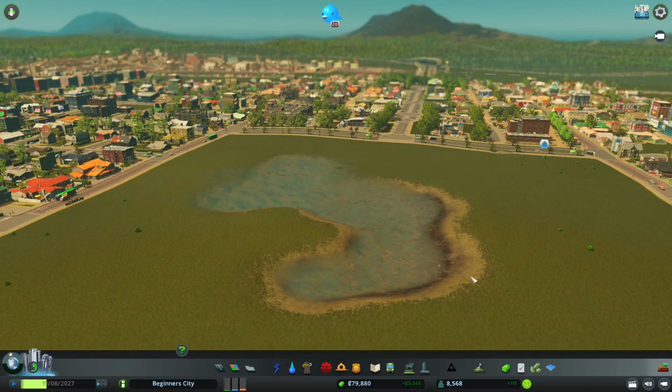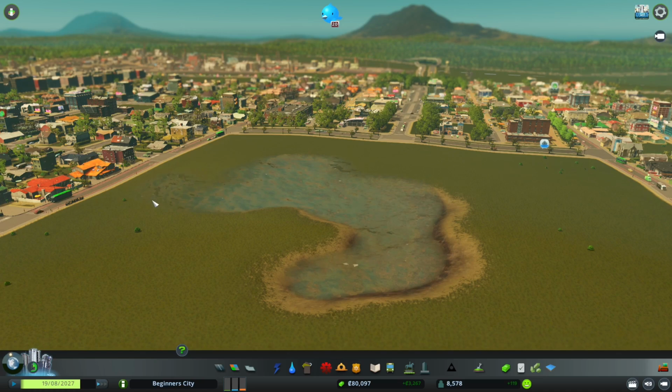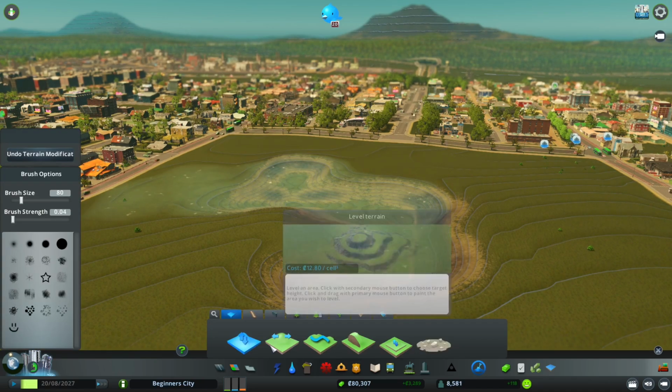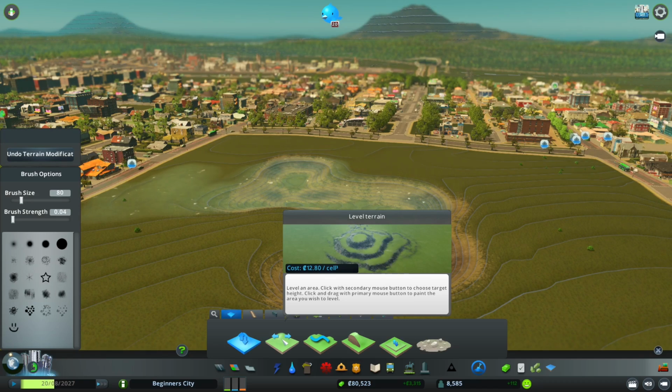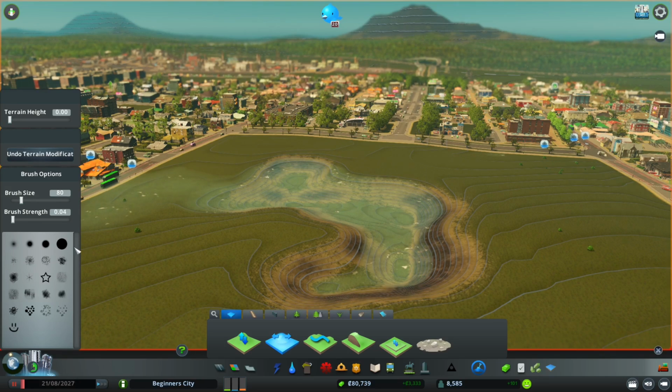But I don't like this edge of the lake here. It's too sharp for me. It's gonna overflow a little bit over here. Let's see. Is that a problem? Oh, that is a problem. All right, so let's fix that. We're gonna use the level terrain here to fix that. So what I'm gonna do is hit the level terrain, and I'm gonna pause the game, and then